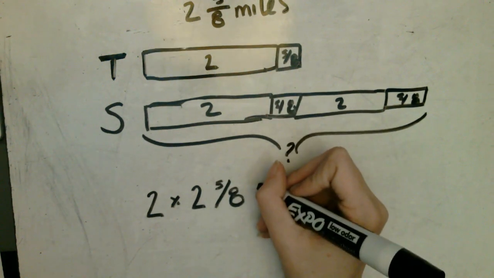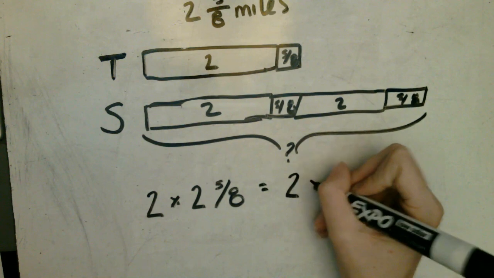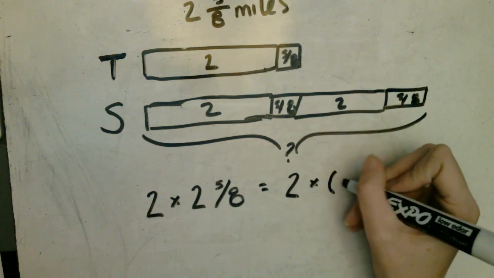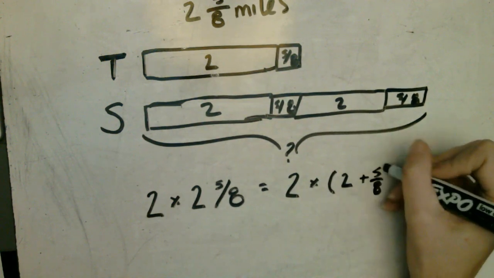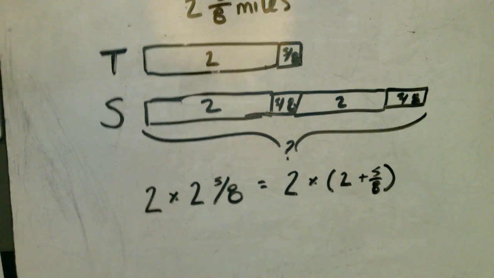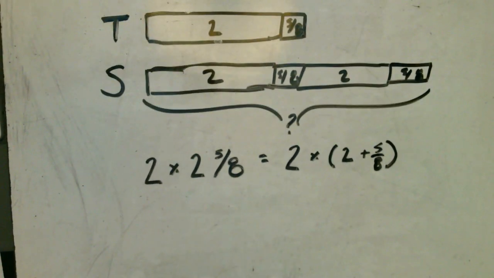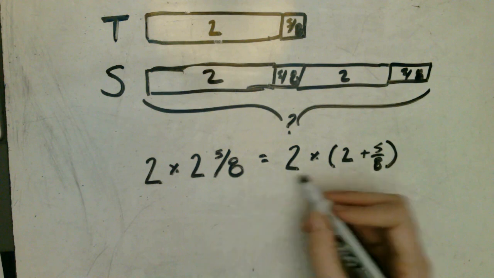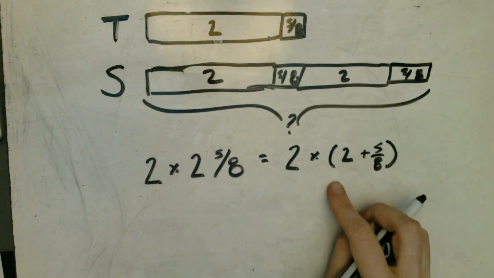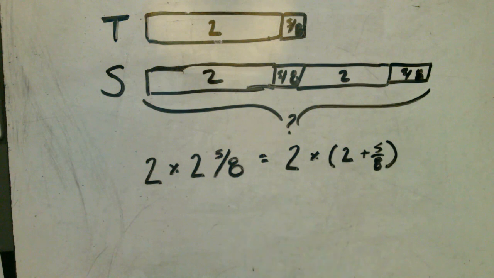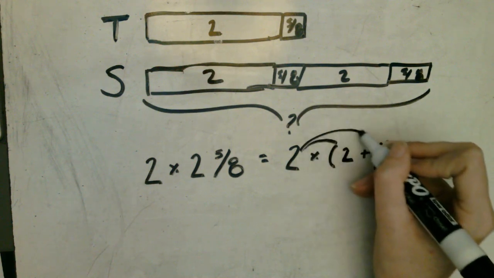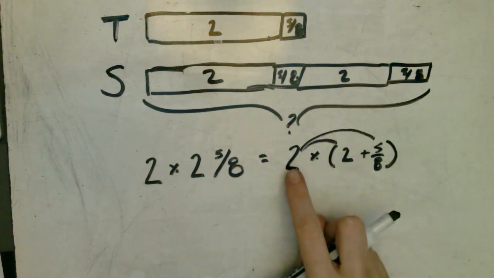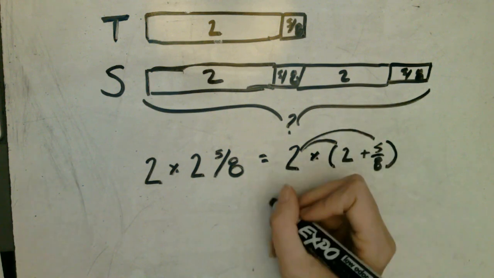So I'm going to break my multiplication problem down a little bit more. I'm going to take my 2, and we broke down 2 5/8 to 2 plus 5/8. I'm going to push my board up a little bit here. So I'm taking this problem, and this is the same thing as saying this. We're just breaking it down a little bit more. Now, one of the properties we have talked about when using different pictures like this is the distributive property. We're going to take the 2 or the number of groups we have and distribute it out to the whole number in our mixed number and the fraction in our mixed number. So now we have